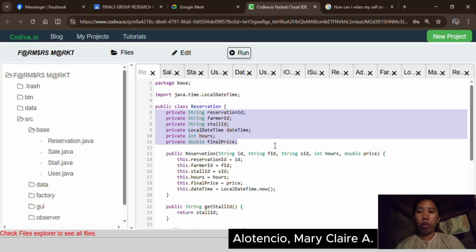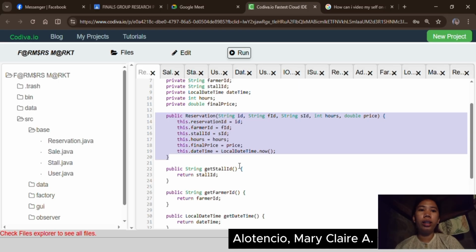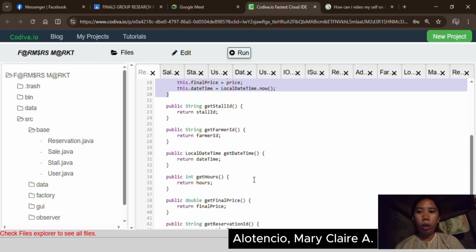Now the constructor. The constructor receives all the booking details and automatically records the exact date and time using LocalDateTime.now(). Then this timestamp is what gets displayed in the farmer history and in the manager's overall report.